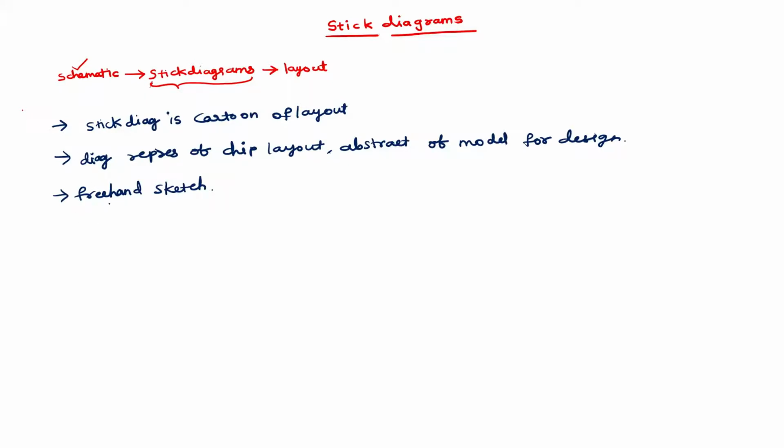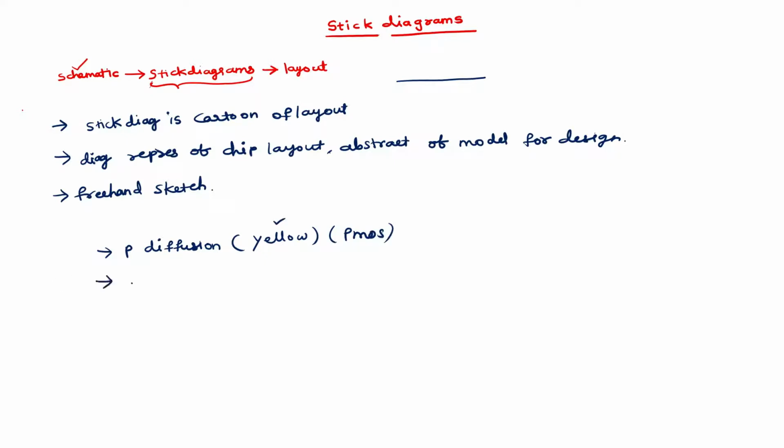Now a very important thing is the color code. There will be different types of diffusions and different compounds, and we will figure out what exact color is given to each thing. The first one is P diffusion. Generally stick diagrams are nothing but straight lines that are drawn. P diffusion is nothing but PMOS, and it is drawn with yellow color.